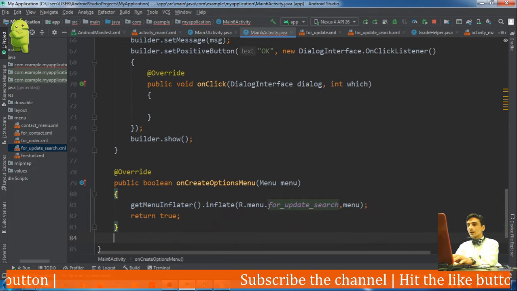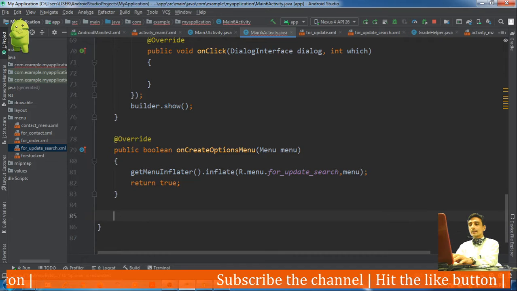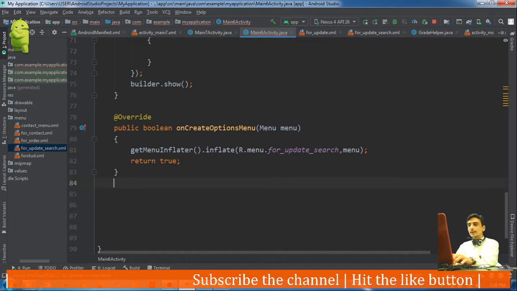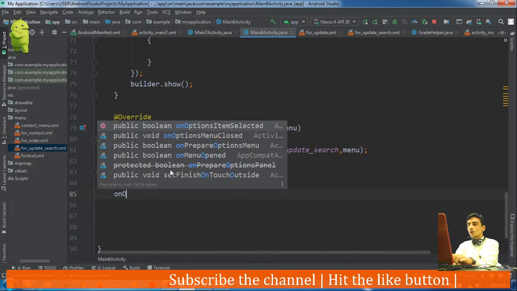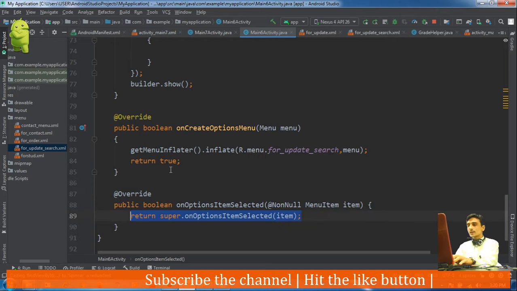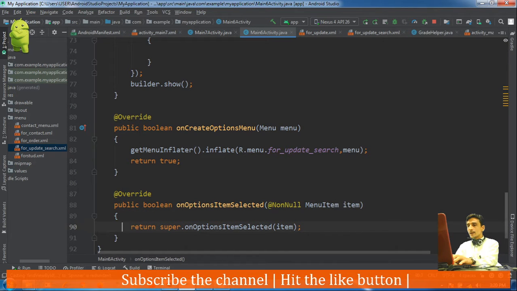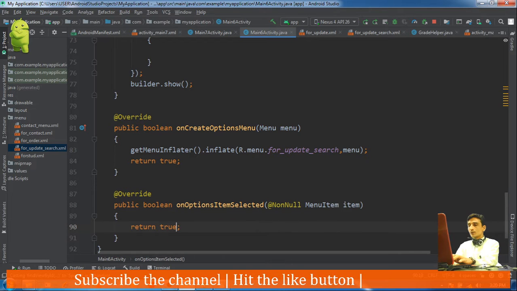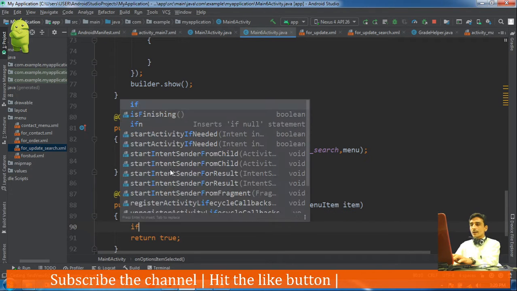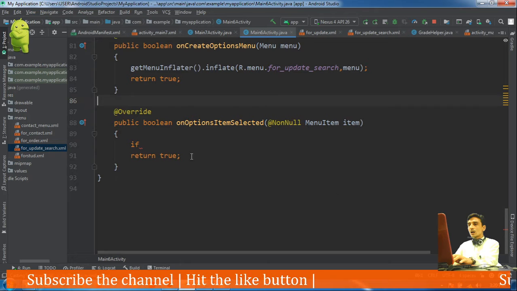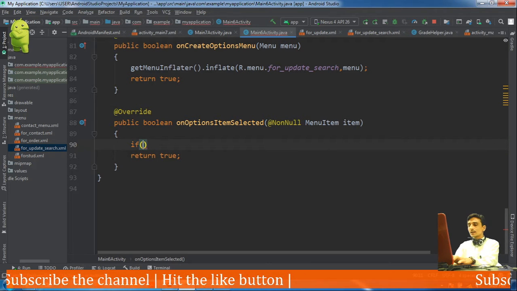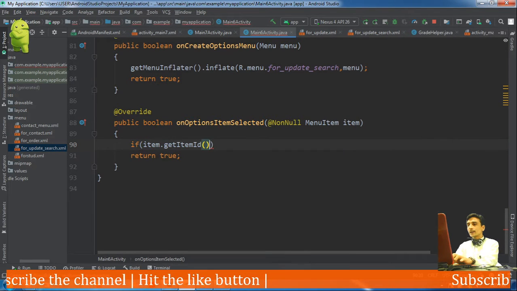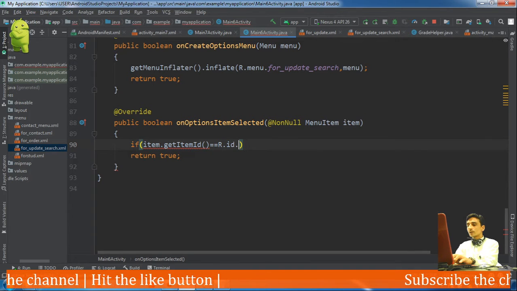Now whenever the client selects any of the menu items, at that time the onOptionsItemSelected method is called. So here in this method we will return true. We will check which menu item the client has clicked. If item.getItemId equals R.id.menu_update.